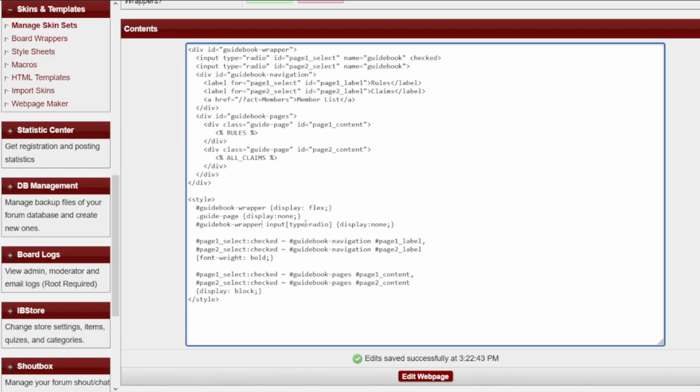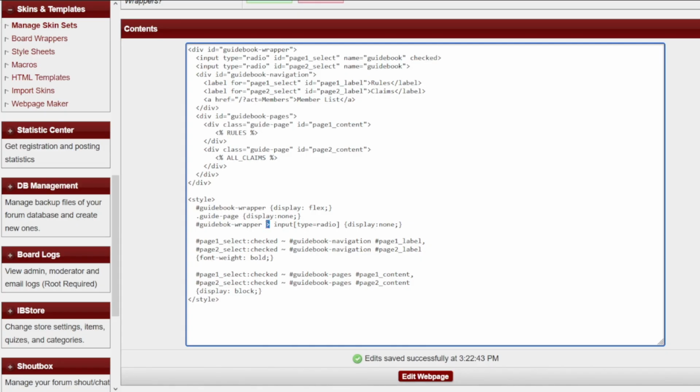If you have one of your guidebook pages actually being a form that you want people to submit, you're embedding one of the codes that lets people do requests through a form instead of like posting in a thread or whatever. You probably don't want to hide those, so then you'd use this